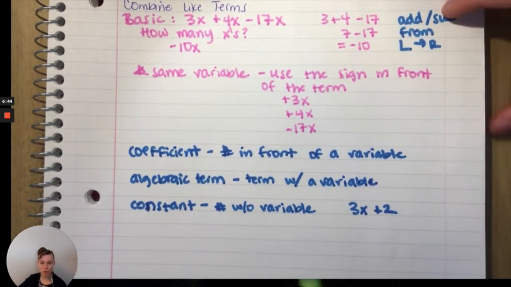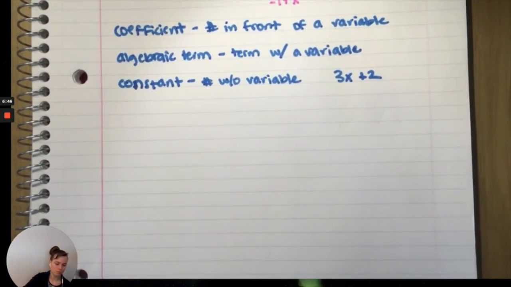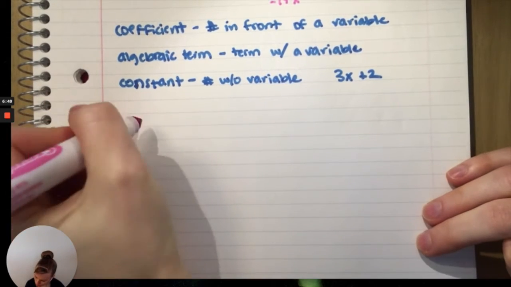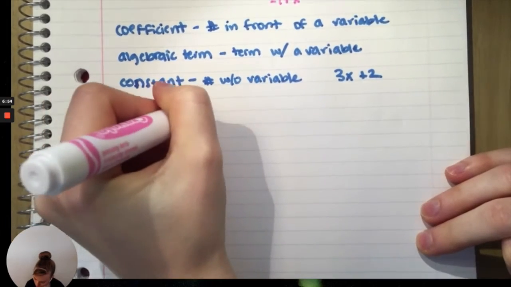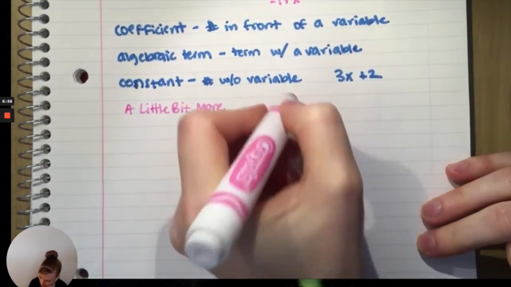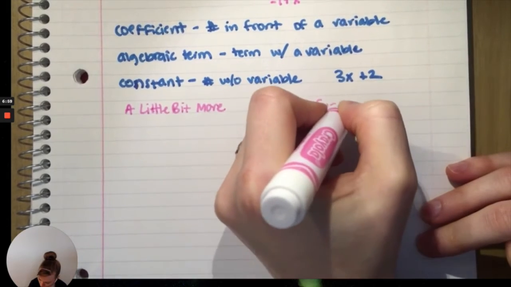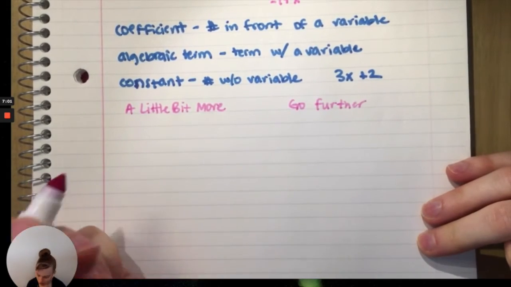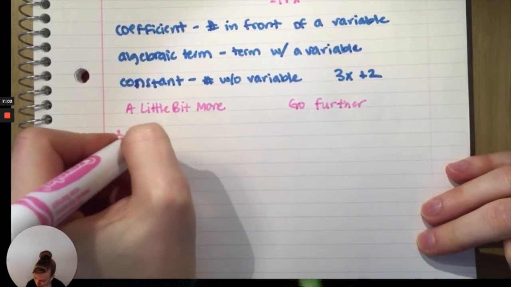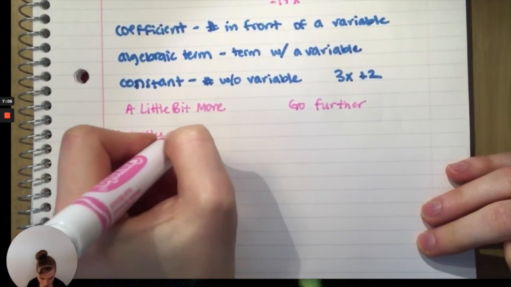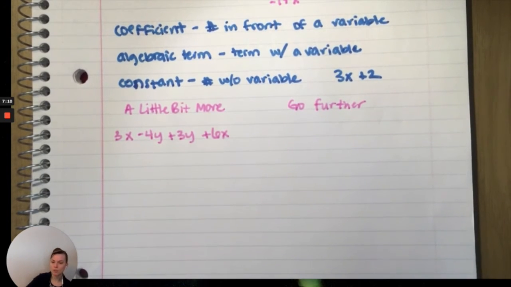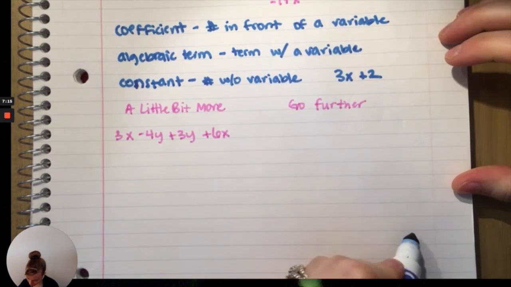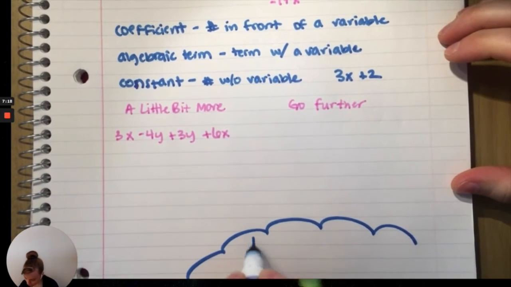All right, so we're going to do 2 more examples. We're going to do a little bit more, and then we're going to go further. Go a little deeper. So this first one, 3x minus 4y plus 3y plus 6x, and we're going to simplify this. All right, so I have like terms,